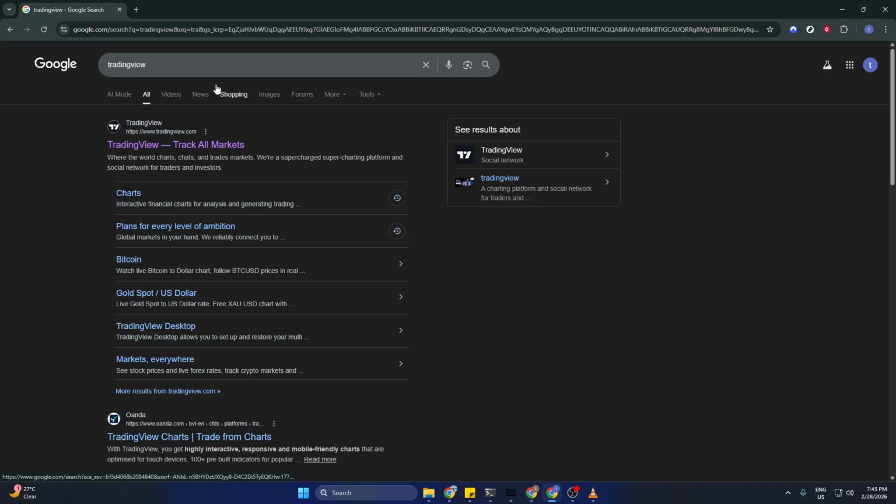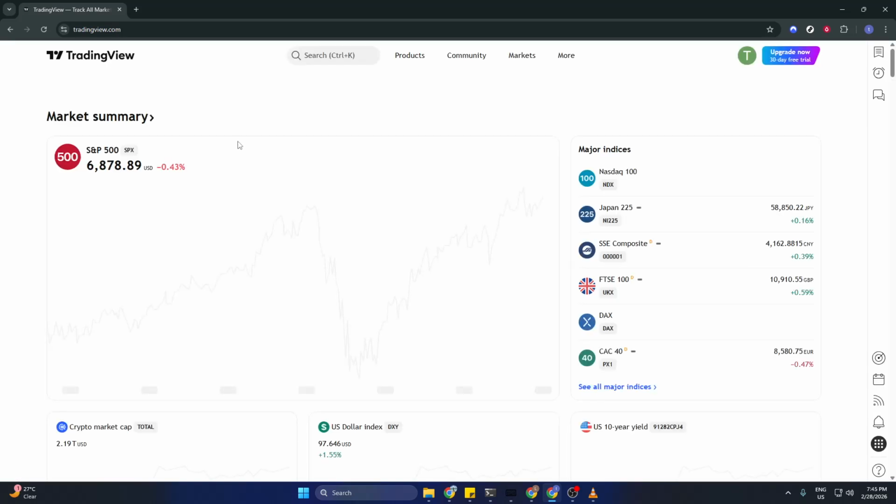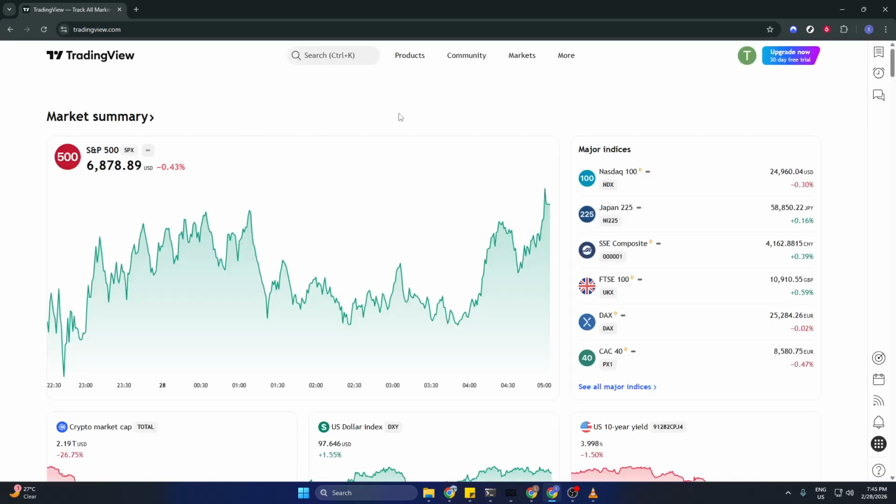Begin by opening your browser and heading to Google. In the search box, type TradingView and press Enter. On the results page, look for the official result that reads TradingView: Track all markets. Click that one. A quick tip: make sure the link points to TradingView.com to avoid any lookalike sites or ads that aren't the